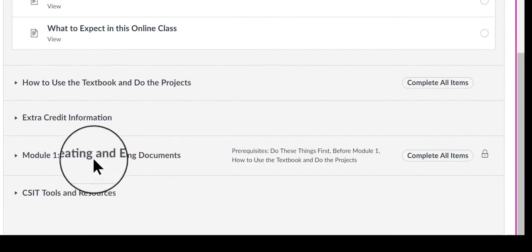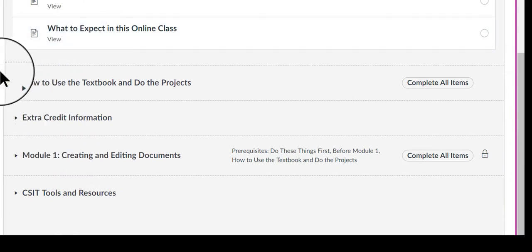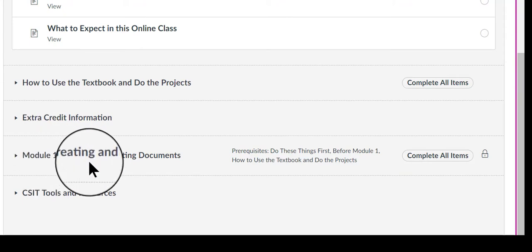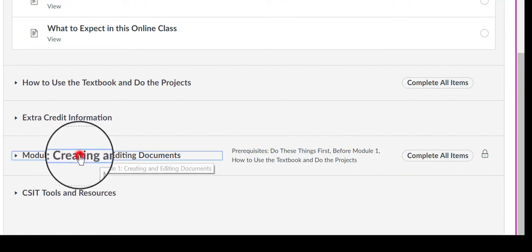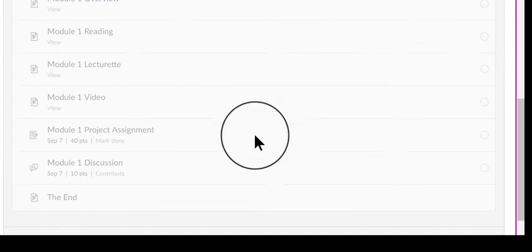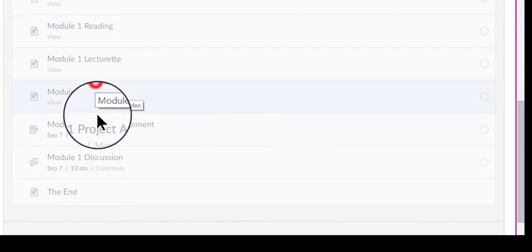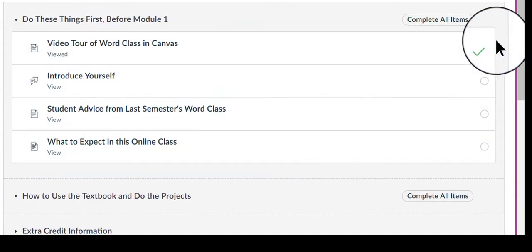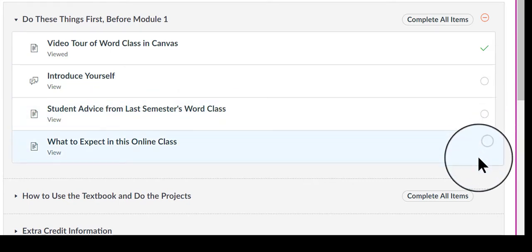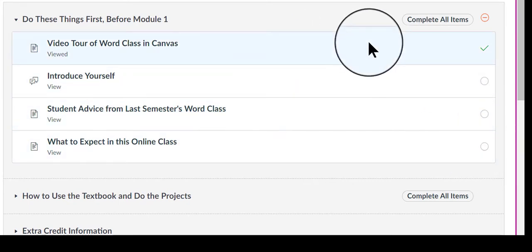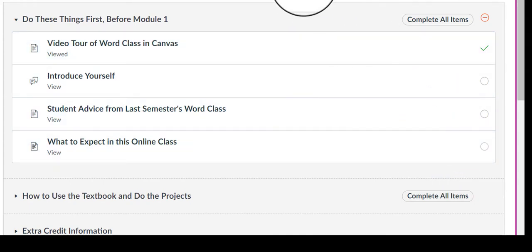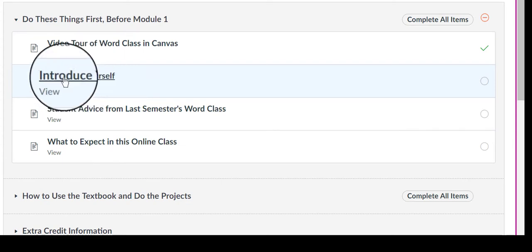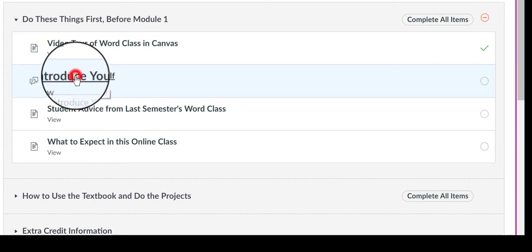For example, if I try to skip all this, let's say I don't have time and I don't want to look at any of this and I just want to go straight into the module where the actual project information is. If I click into that module, notice that it is all grayed out and you cannot click anything in here, because I haven't finished all of these first. So no matter what the date or the time is, you do need to complete these things first. A lot of the time it's just clicking into the page to view it. For example, this one, introduce yourself. If you click that one,